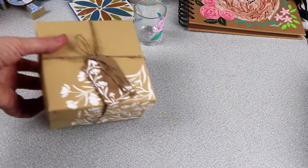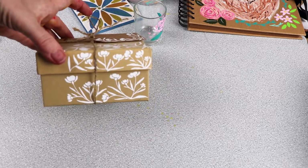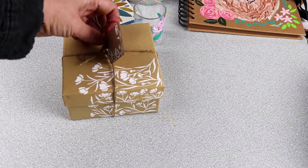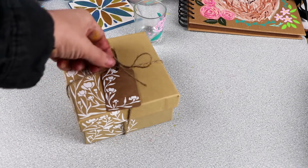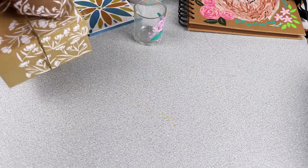And POSCA's a great value pen because it works on so many different surfaces, and we haven't mentioned that it also works on paper and cards. So this is just an ordinary craft cardboard box that I've decorated with the white POSCA, and then there's just a little tag there. So you can do very simple designs, but also